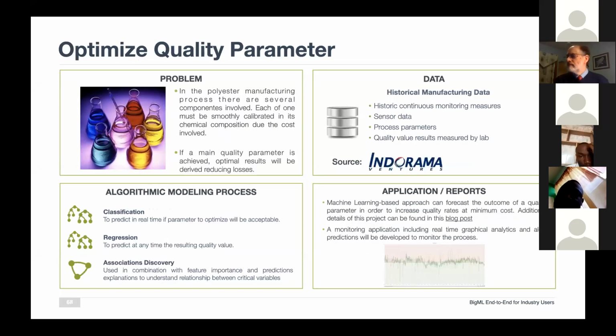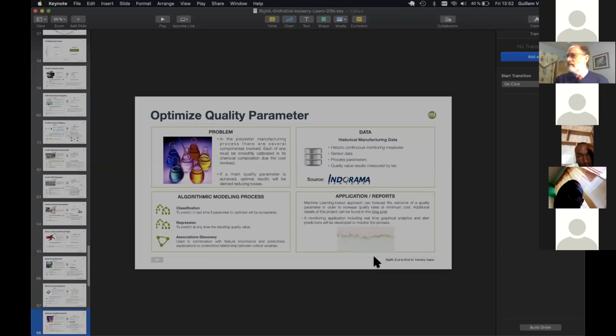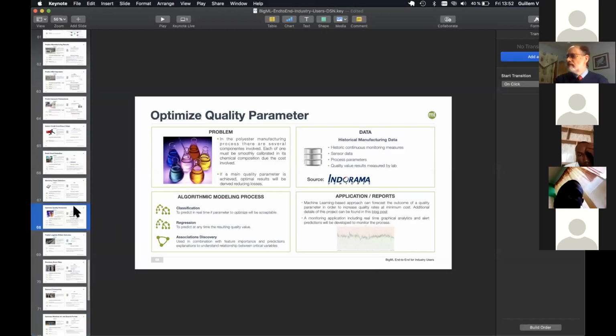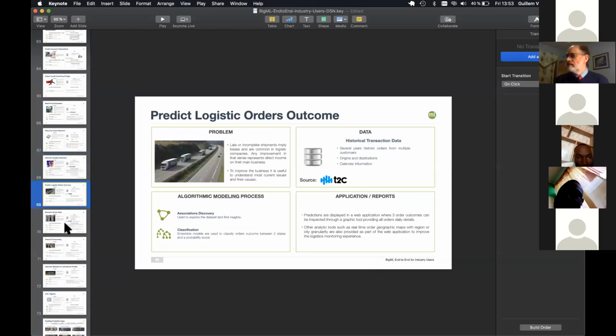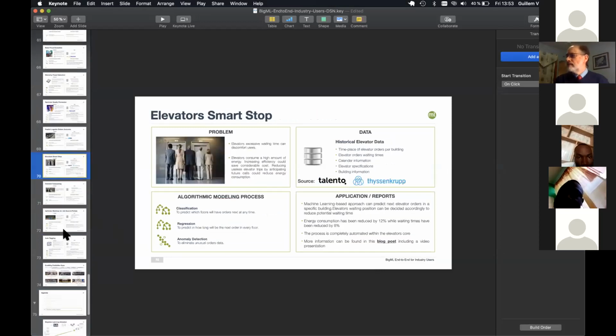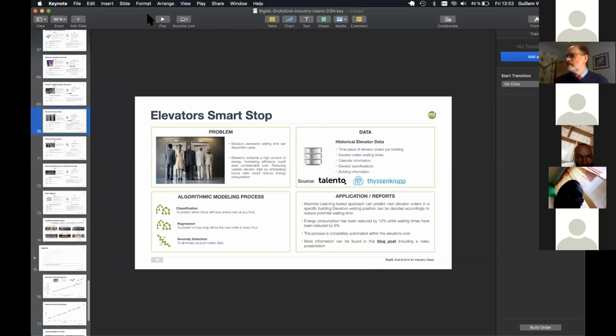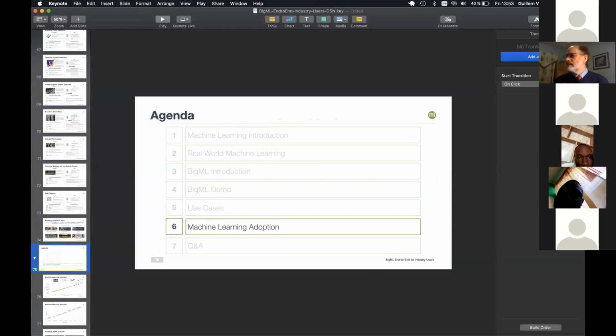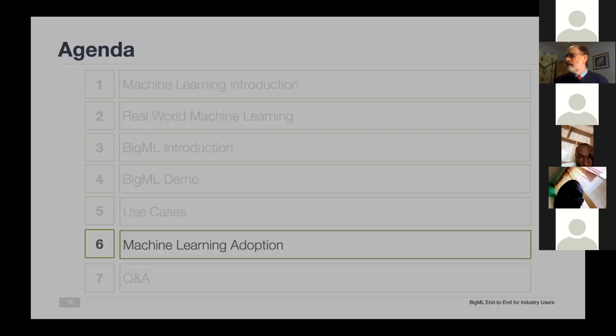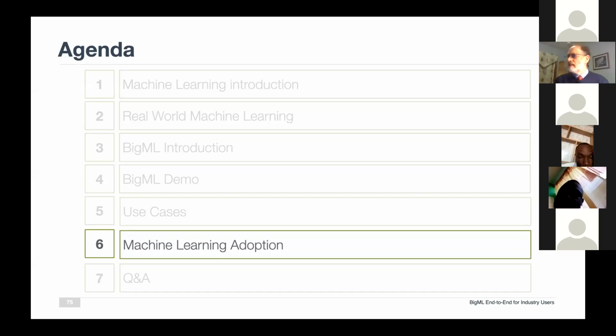This is about chemistry, or chemistry process. So I think I'll stop. I think I gave enough use cases. I'll go to the end of my presentation, so we can have a few minutes for questions. So, in terms of machine learning adoption,